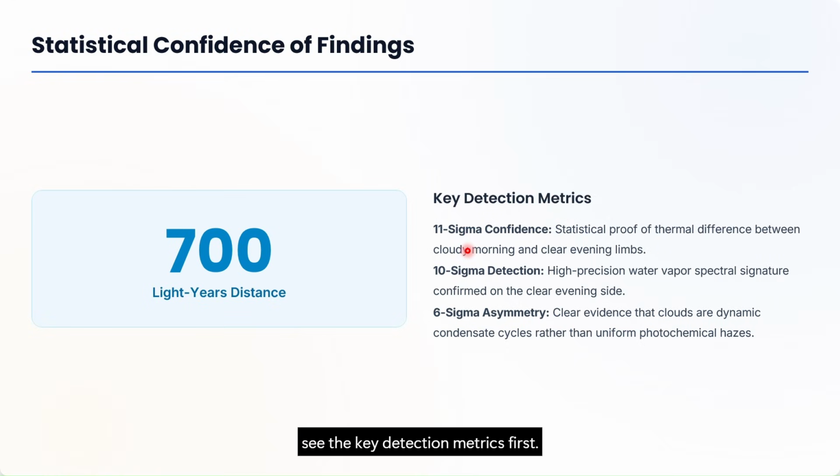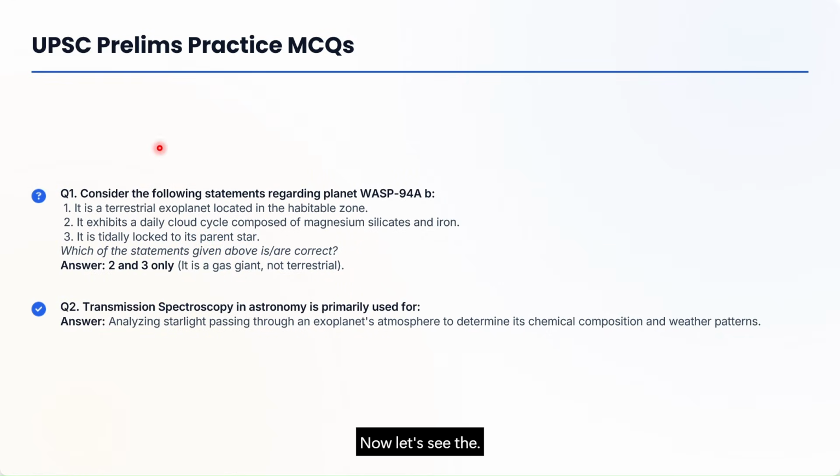First is 11 sigma confidence. For what? Statistical proof of thermal difference between cloudy morning and clearer evening limbs. 10 sigma detection of high precision water vapor spectral signature confirmed on the clear evening side. 6 sigma asymmetry, clear evidence that clouds are dynamic condensate cycles rather than uniform photochemical hazes. Now let's see the